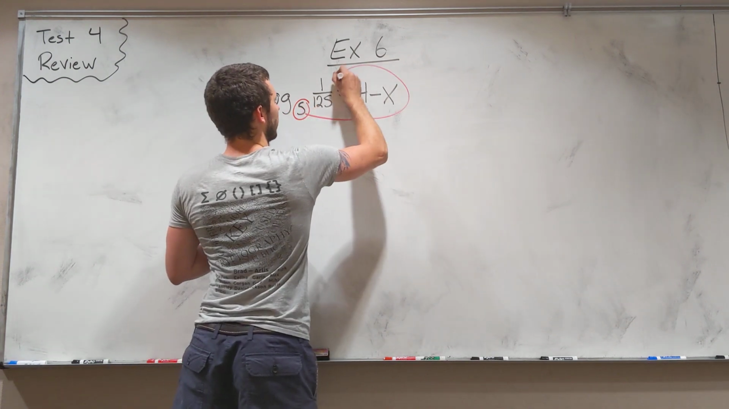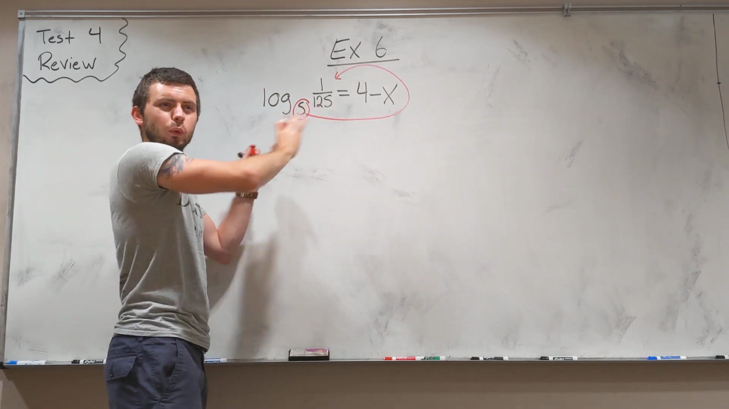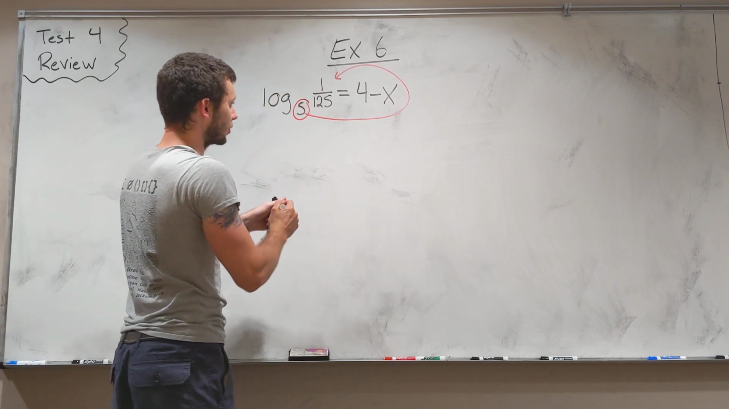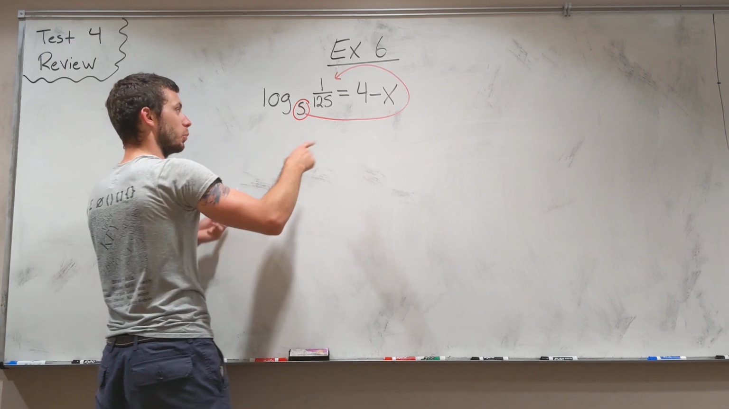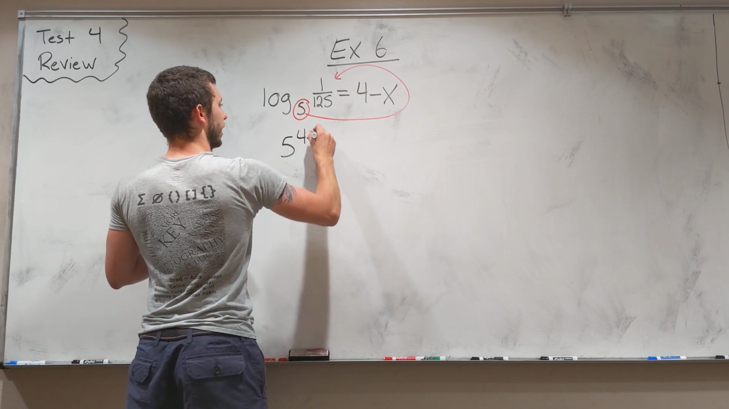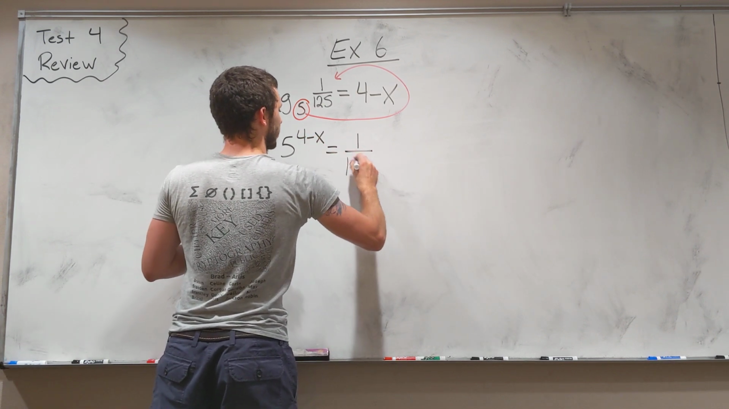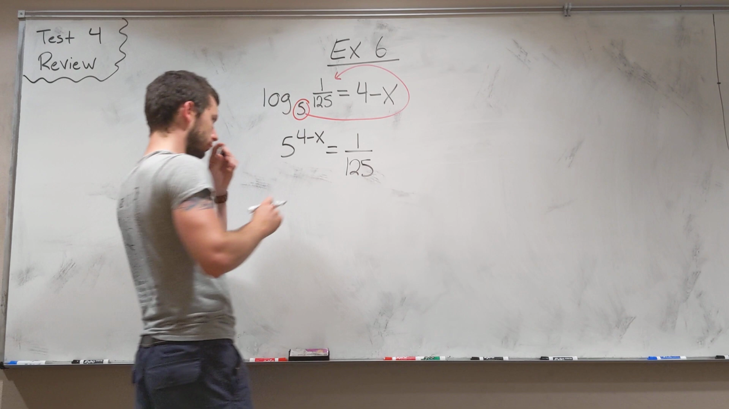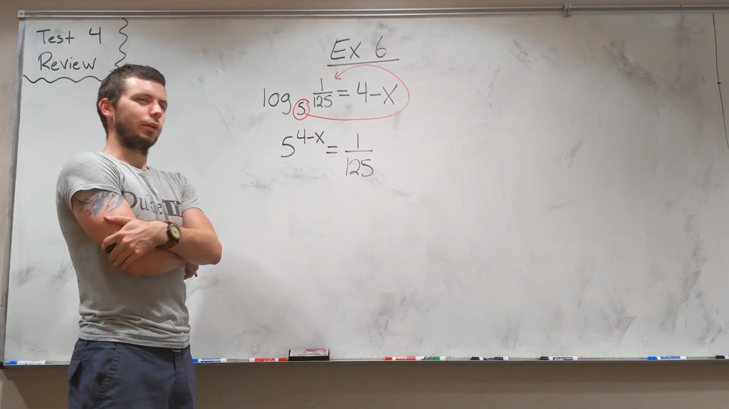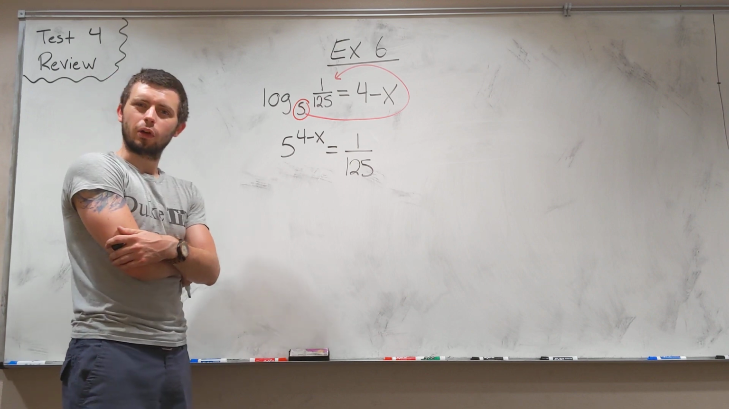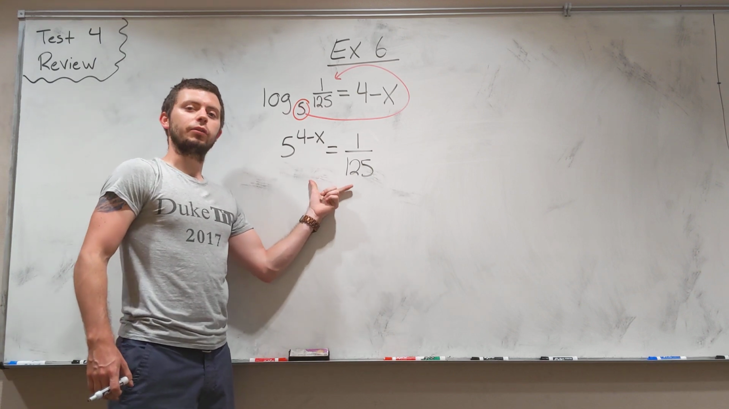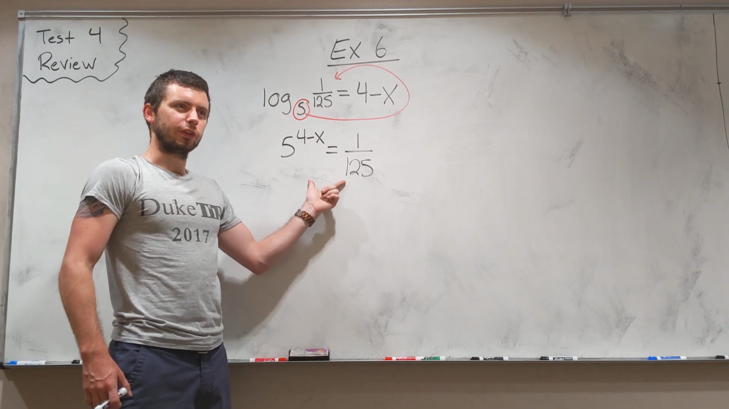Here, the logarithm is already isolated. There's not 2 logarithms. There's not a number in the front that we have to move as an exponent, which means we can jump straight into this loop method. And that tells us 5 raised to the 4 minus x is equal to 1 over 125. And so now that we get here, we need to consider, okay, how do we solve this? And it turns out that we can get a common base between these two. Now you could use natural logs,